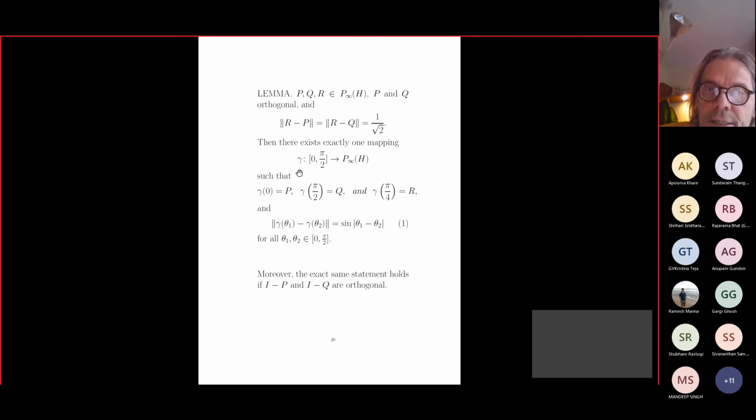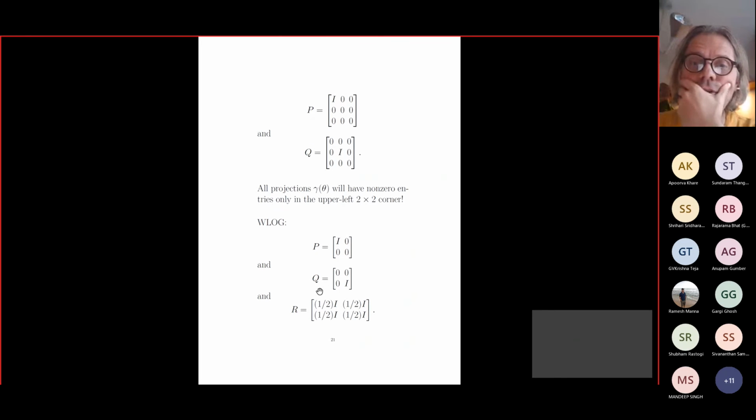Now, what is interesting, what we have observed is that such a map exists, but there is exactly one. If you have this geodesic going from P to Q, where P and Q are orthogonal, and you want it to pass through this midpoint R, then you can do this in just one way. There are not many possibilities. And the same is true if you work with orthogonal complements. You just take orthogonal complements everywhere. How do you do this? You take P and Q,